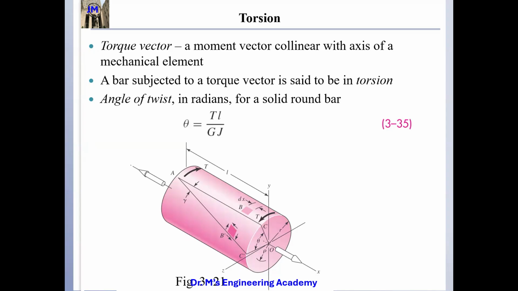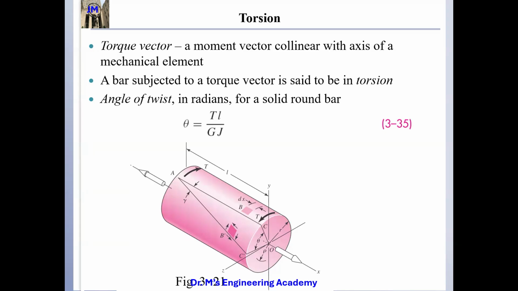The twisting moment is a vector, going this way, so this torque is going to twist the beam this way. This is the axis. For the angle of twist, theta, it is calculated as this: T is the torque you apply, L is the length of the beam, G is the shear modulus, and J is the